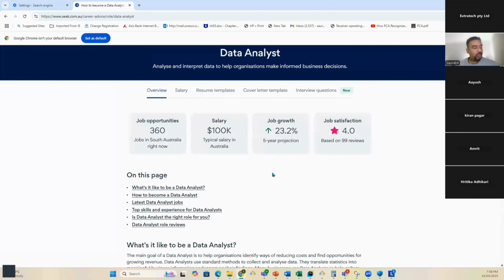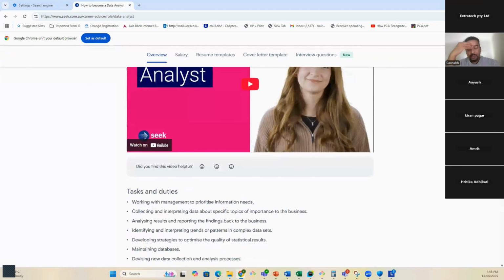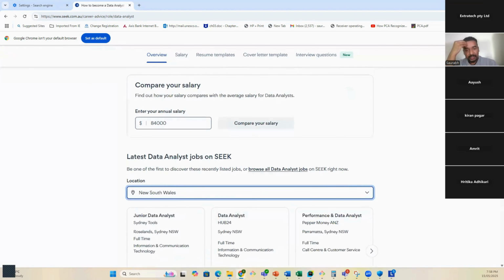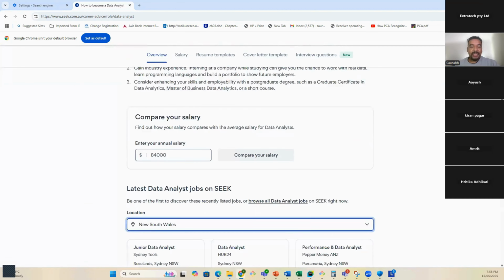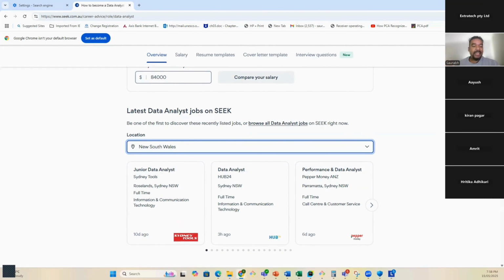So mainly your jobs are in New South Wales and Queensland. If you talk about South Australia or Western Australia, there are fewer jobs, but there are also very few applicants. They don't find people. A lot of time, South Australian people hire people from New South Wales because they don't find a lot of people.